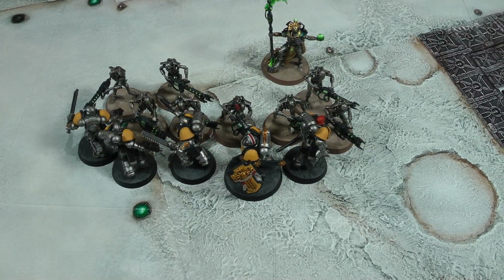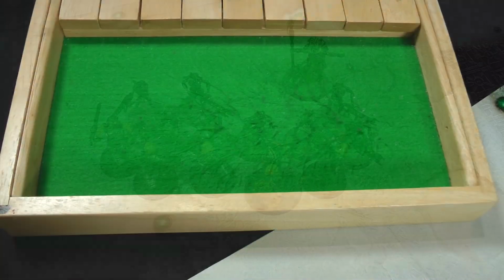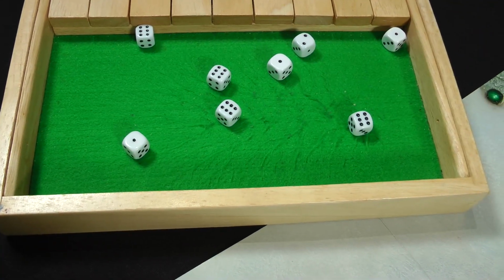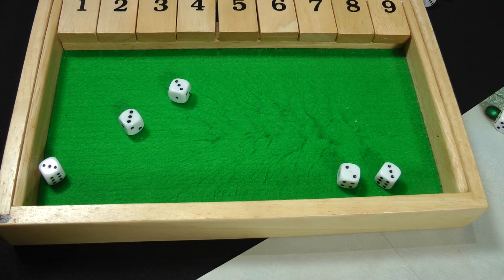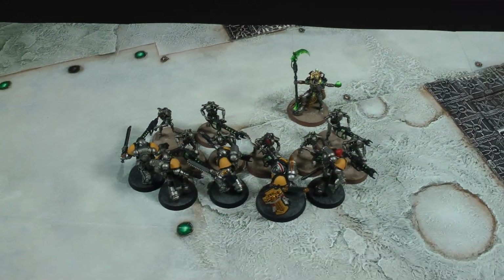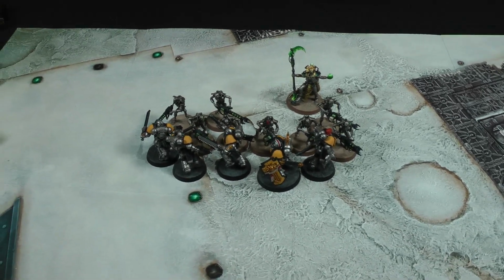And then the warriors don't need to pile in at all. They'll put all their attacks on the assault intercessors. 8 attacks hitting on 2s, 3 misses, and wounding on 4s. Nothing. Blimey. Yeah, so there's an awful lot of attacks amounting to 2 dead Necrons. It's more than I got in the last game, so I'll take that as a win as we head into